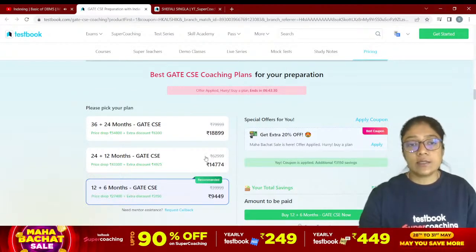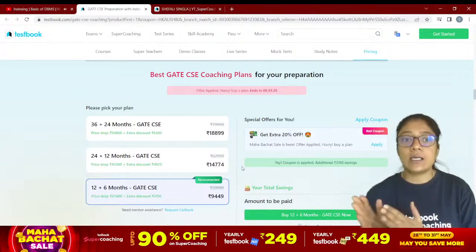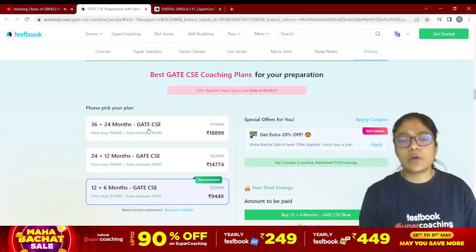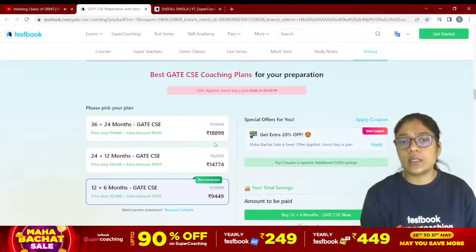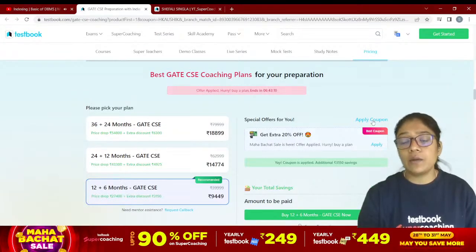So I guess 2 year will be beneficial for 1 year student, first year student, second year and third year student. This is for 4 years. तो ये तो सिर्फ और सिर्फ फर्स्ट ईयर के स्टूडेंट्स ही ले सकते हैं, उन्हीं को बेनिफिट है। सेकंड थर्ड ईयर को कोई बेनिफिट नहीं है 3 ईयर प्लान का।